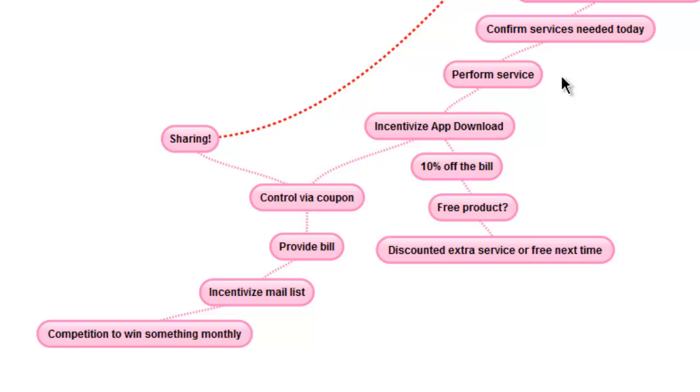okay, so there's different procedures I cover in the other funnels for people who are already clients. Okay, so they've gone through this process. This is essentially a new client funnel. 10% off the bill, a free product. So say they've had leg waxing, you might offer a free moisturizing solution, and all you've got to do is